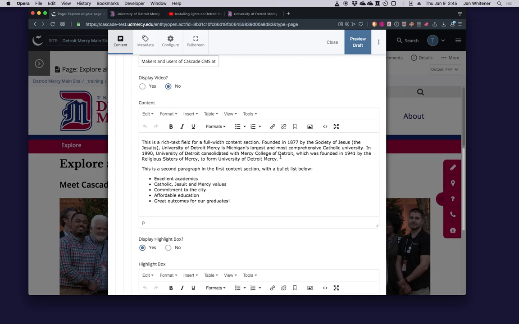It's a good way to present information that's more scannable and easier for users to look across. Also important is the insert and edit link function with its corresponding remove link.